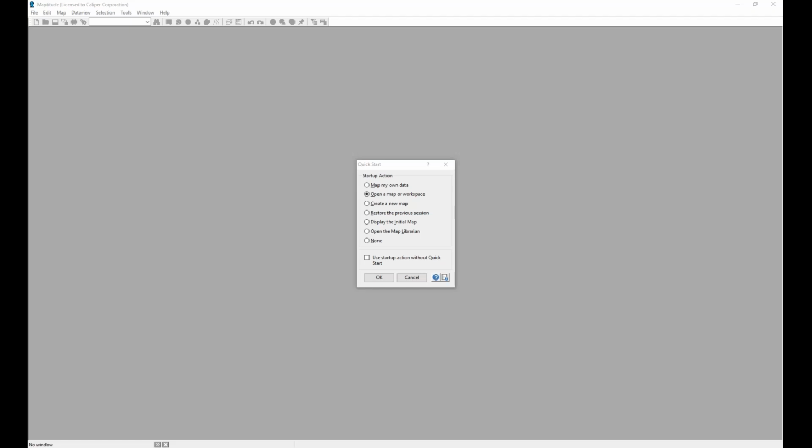Starting Maptitude, you are presented with a quick start. The quick start facilitates fast and easy creation of maps as well as easy access of maps you've created in the past. We're going to begin today by selecting the option to make a map of my own data